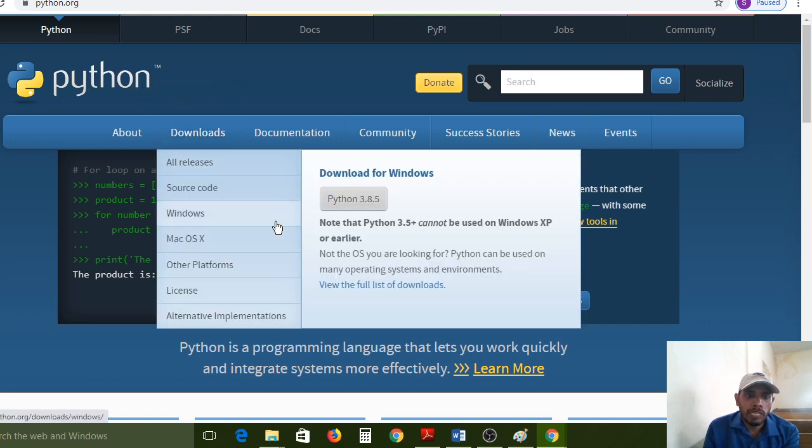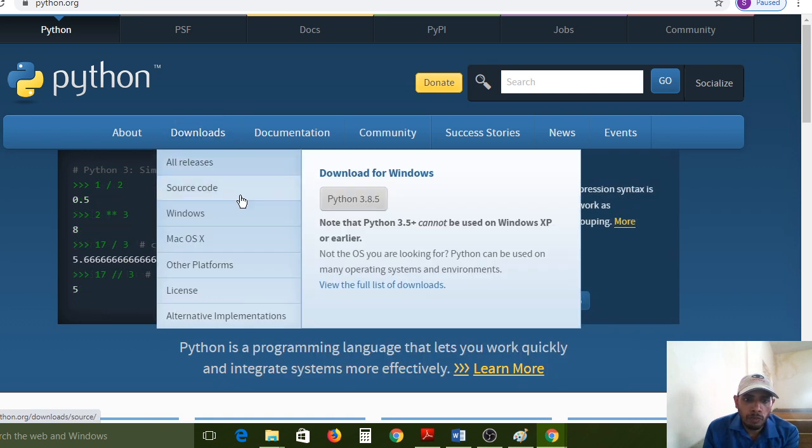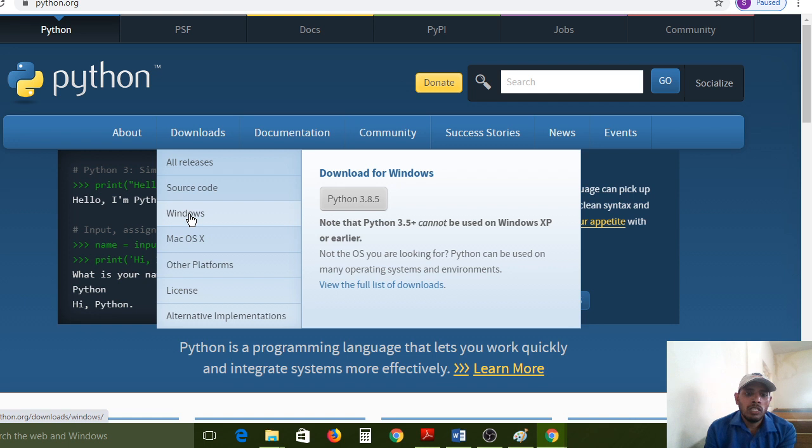So here please choose the Downloads option. Just click on Downloads, or just hover the mouse over that option. It will show a drop-down menu, and on the side you have to choose Download for Windows. Don't choose anything else. All of you please observe carefully. Now I am choosing the Windows operating system. Some people are using different operating systems, so they may go with the related operating system. In my laptop I have Windows 10 64-bit operating system, so that's why I am choosing the Windows option.